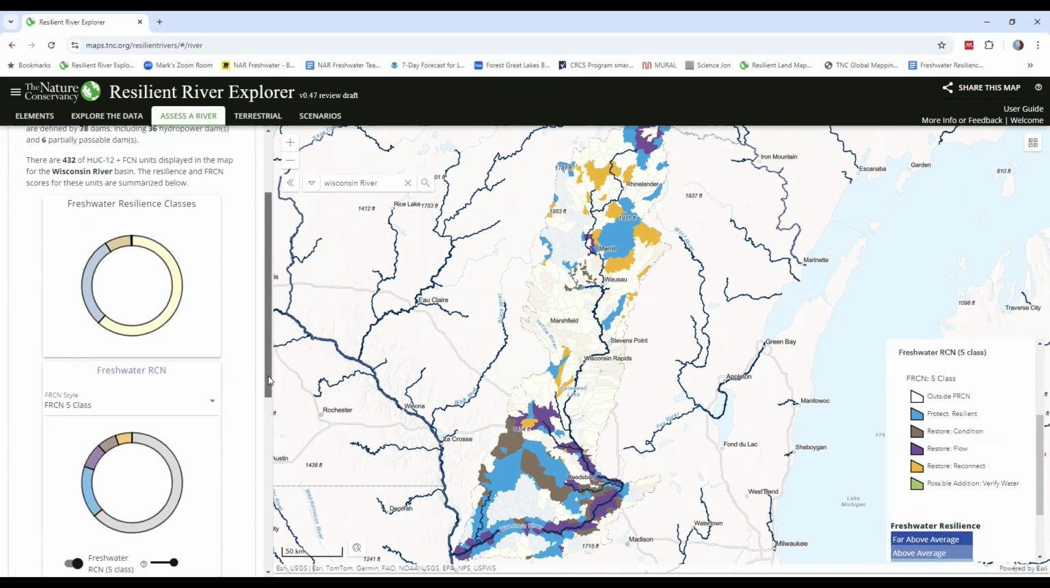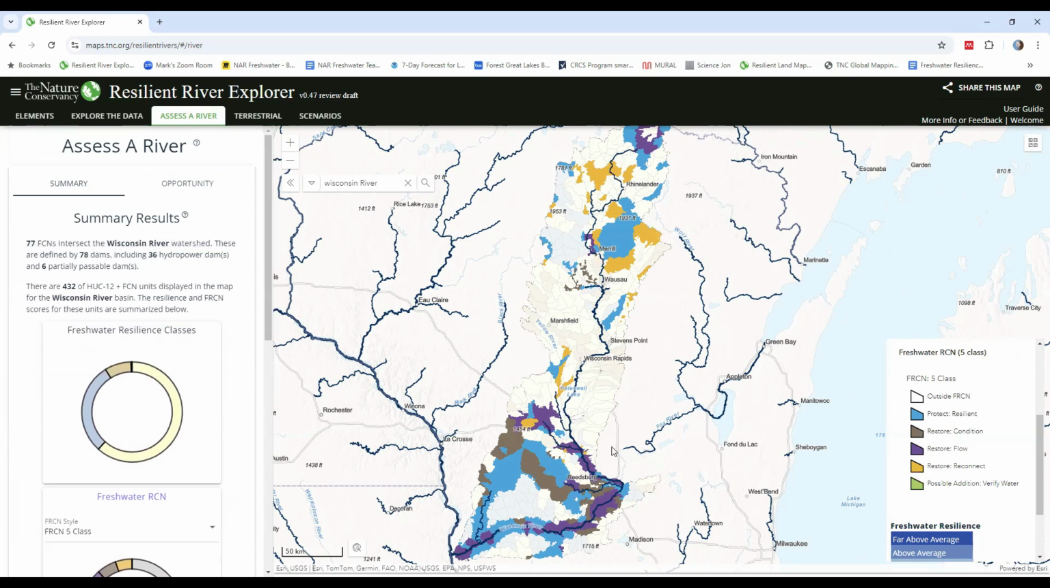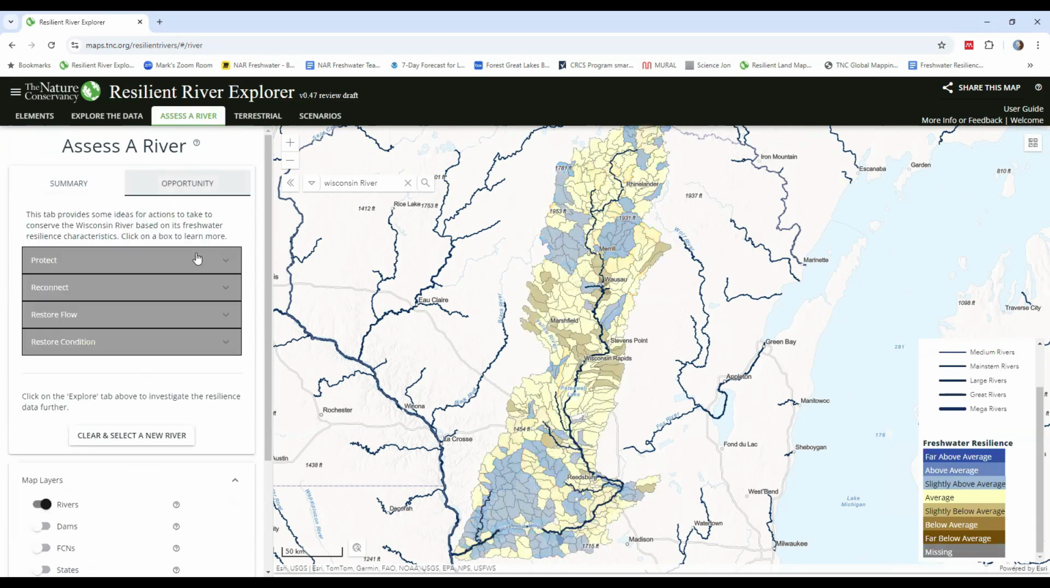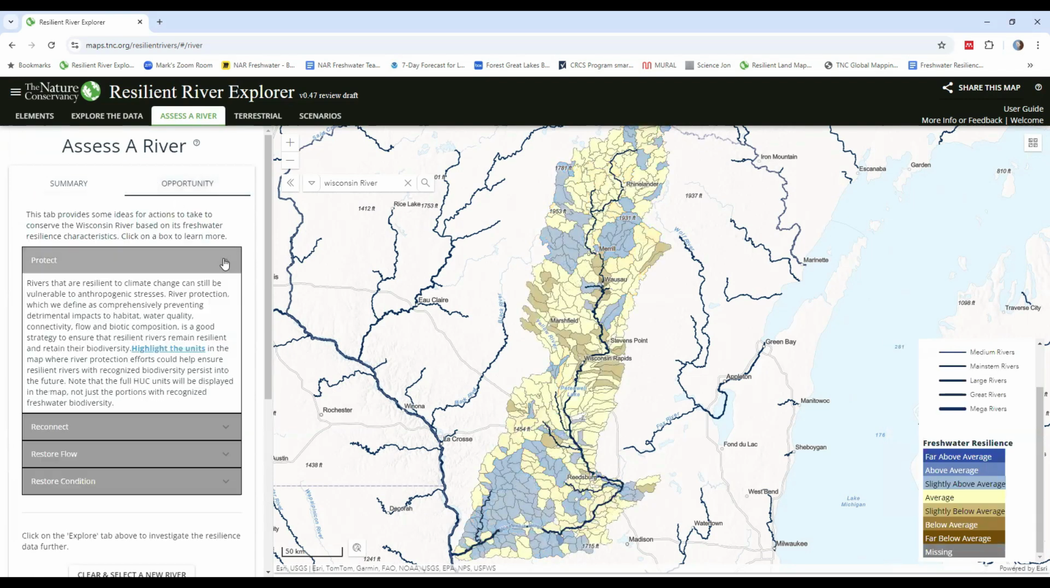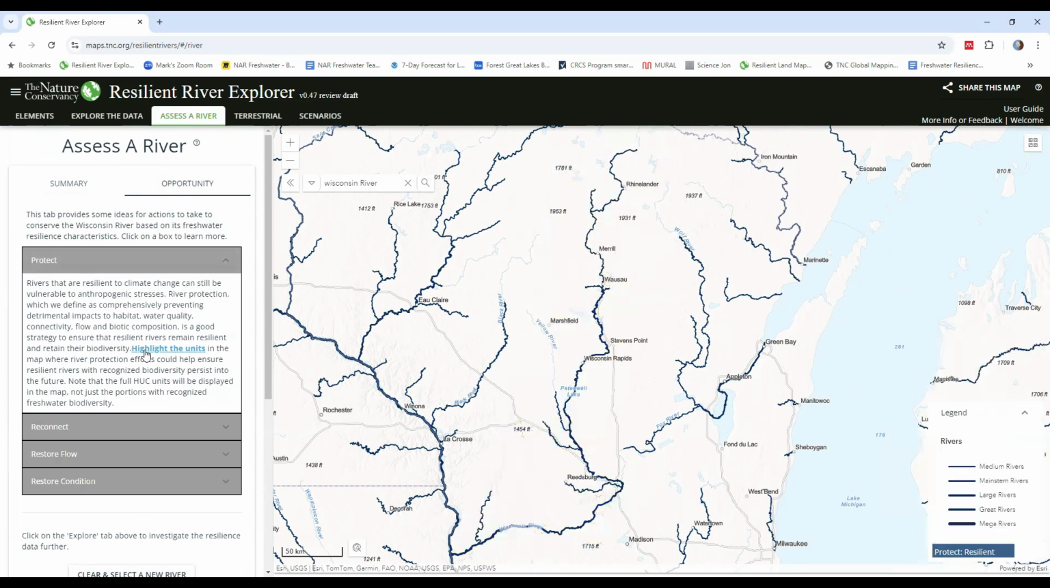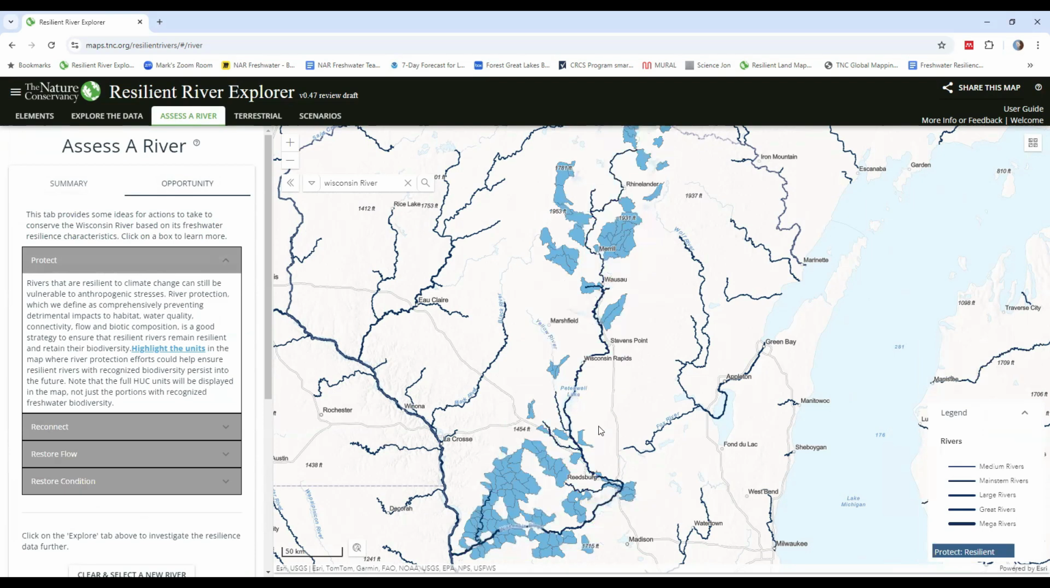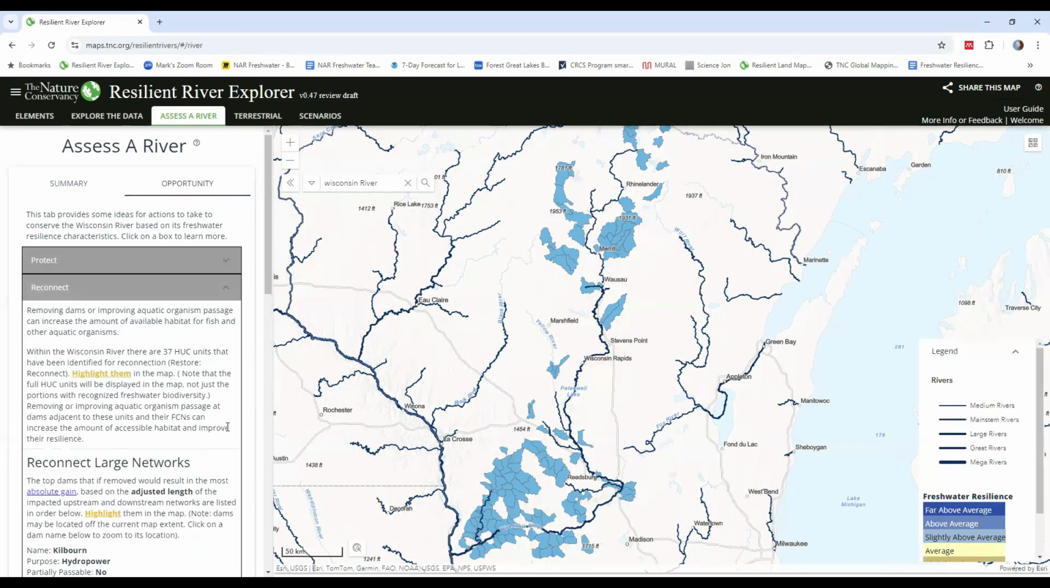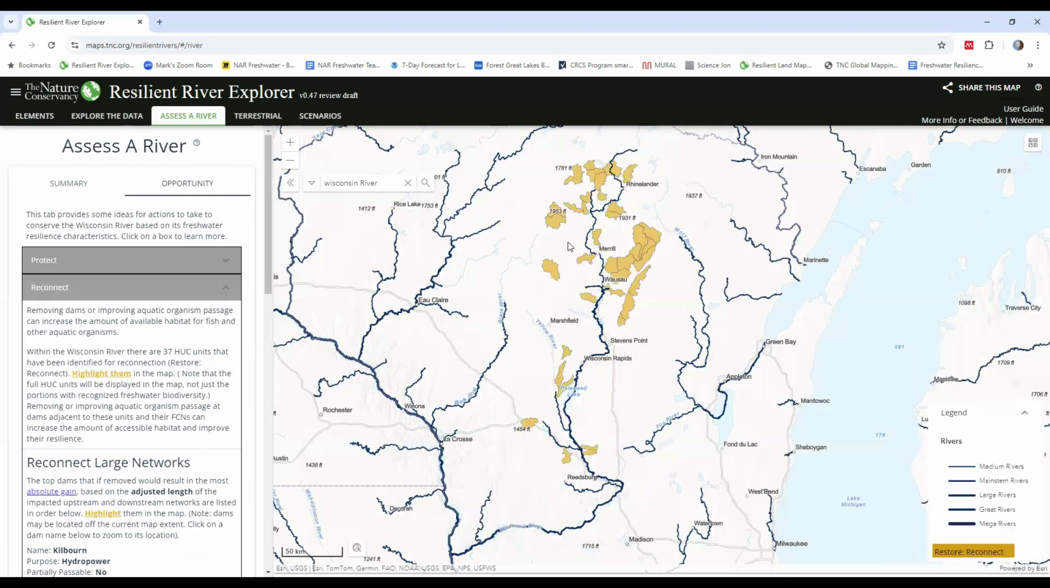Okay, now if I want to see each one of those conservation strategies or actions by themselves, I can come over to the Opportunity tab, and now if I toggle through and select using these bolded colored text, so here under Protect, if I highlight the units, it's going to show me just the ones that fall into that Protect category. And then similarly for Reconnect, I can see just the watersheds that are close to being resilient